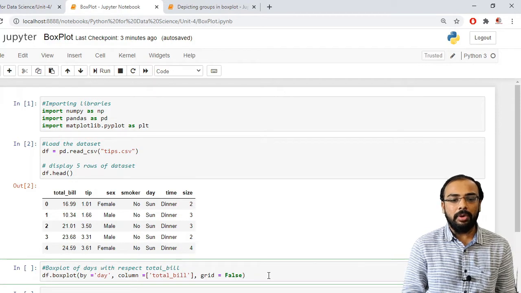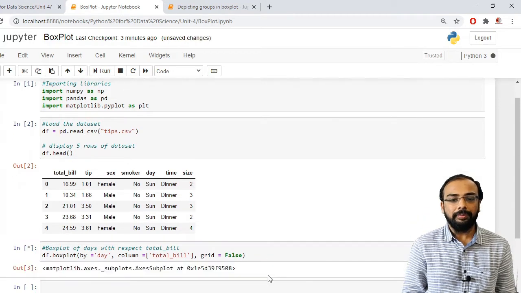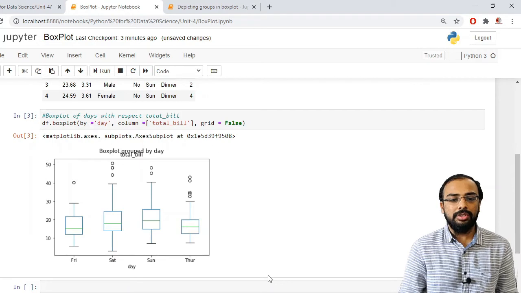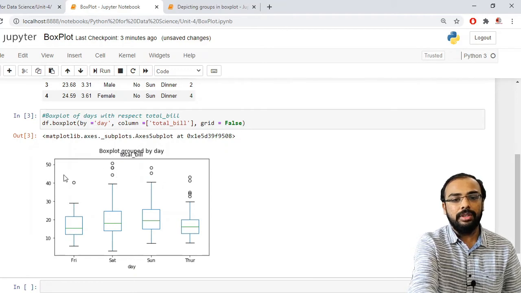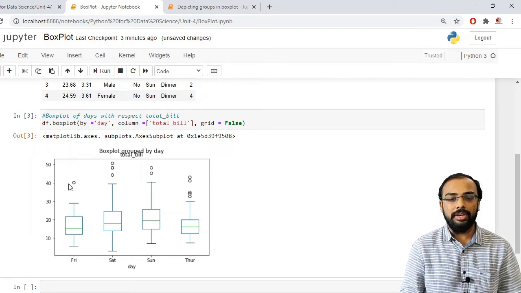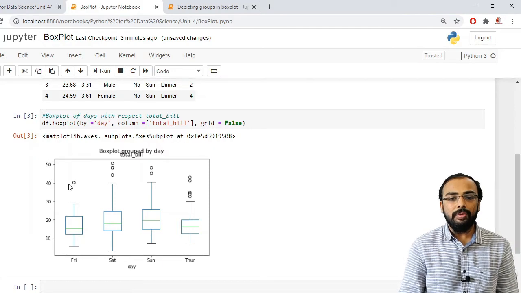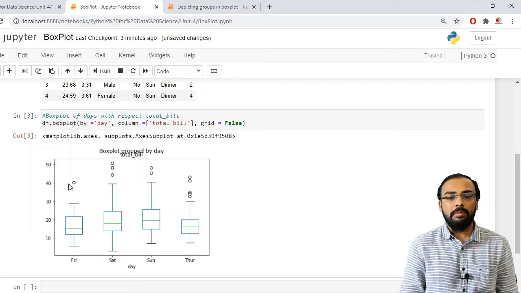So let us plot this particular box plot. Here you can see your box plot. Now if you observe, you can see these bubble circles present over here. They are known as outliers. So whenever we want to detect outliers, we have to use box plot.